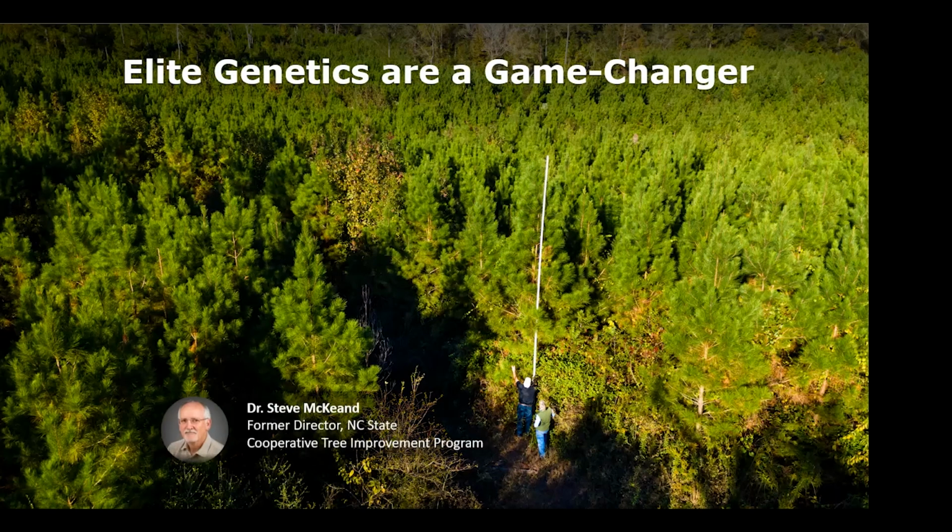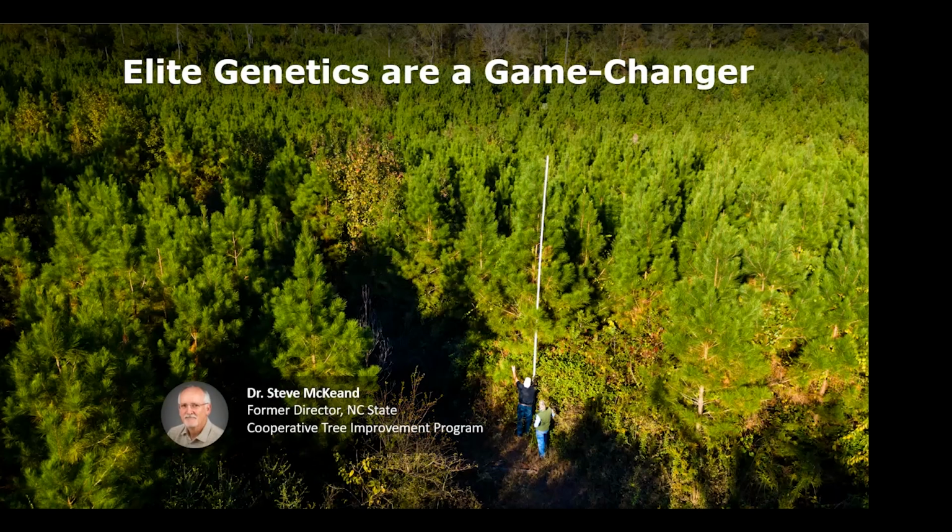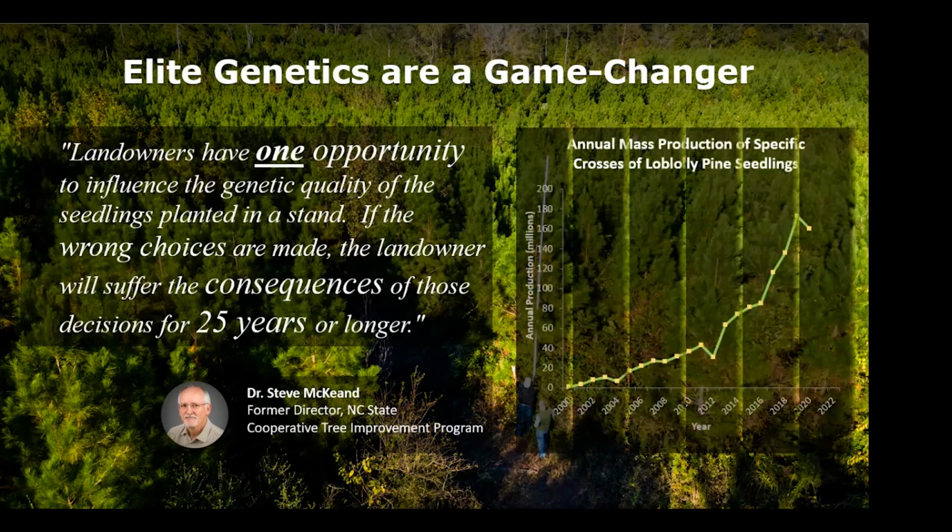As Steve McKeon put it at one time, and I'll read this: landowners have one opportunity to influence the genetic quality of seedlings planted in a stand. If the wrong choices are made, the landowner will suffer the consequences of those decisions for 25 years or longer. Steve here is explaining the importance of the decision that a landowner makes when it comes time to